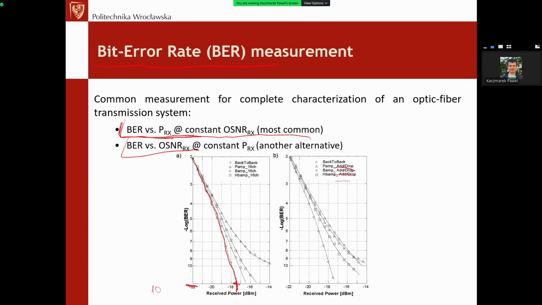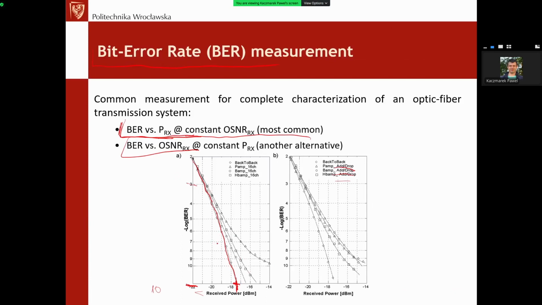So you can see if we are decreasing the received power, of course, the bit error rate is increasing, becoming worse and worse. For example, here a bit error rate equal to 10 to the minus 3 would mean that of every 1,000 bits of transmitted information, one of them will be wrong. Of course, statistically. So we are making such a back-to-back